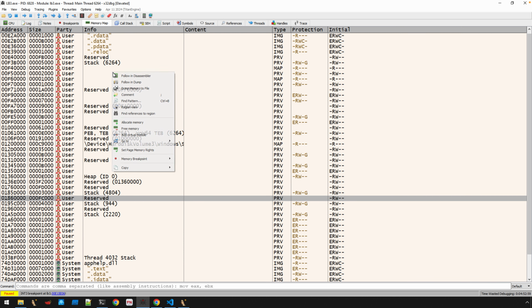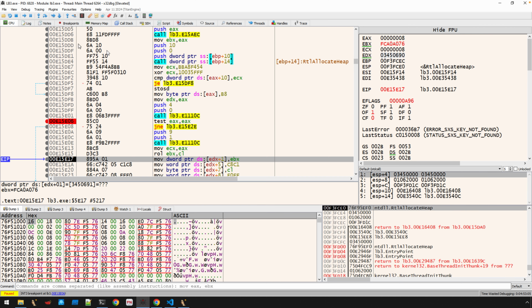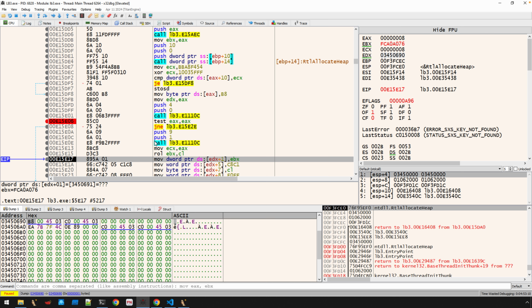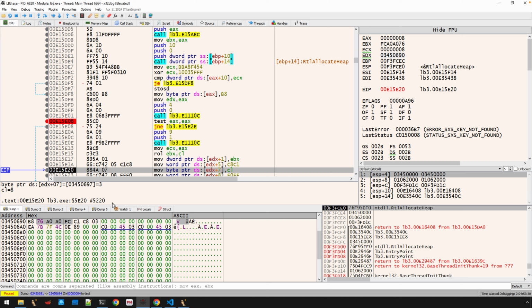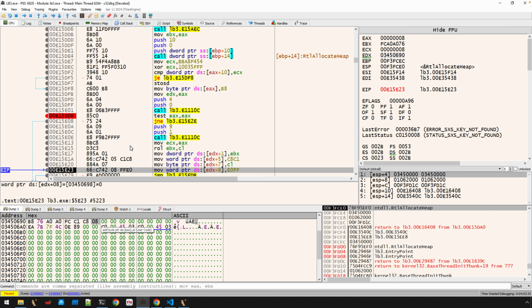Let's go to the memory map and do region view. Now we go back to the CPU, we do EDX, we can follow that in the dump, and there is our first byte, B8, and now we're going to move EDX plus 1, EBX. So these next 4 bytes are going to be this shifted value. There it is. Okay, now this just continues. Offset of 5, we're going to move 2 more bytes. Now we got an offset of 7, we're going to move the random value that was generated. There's the 8, and the last 2 bytes will be FFE0,